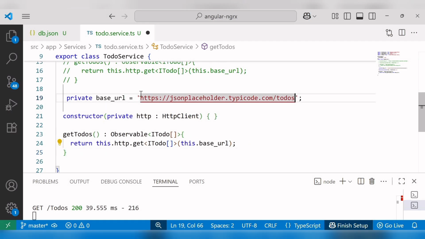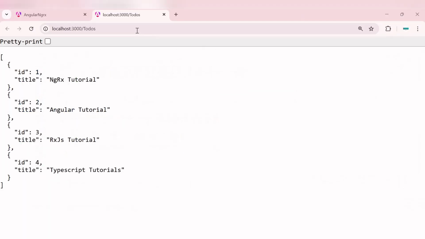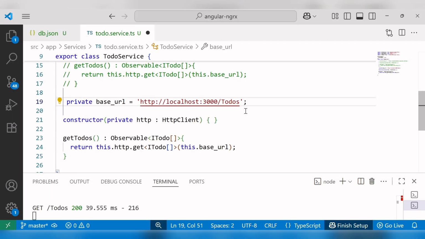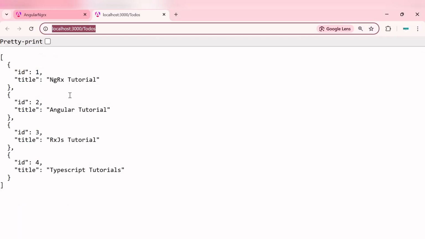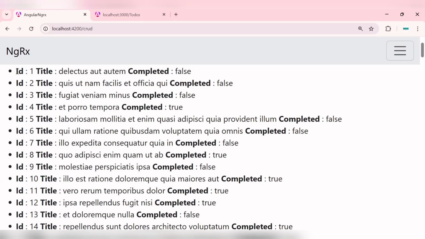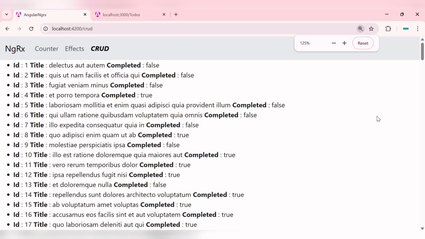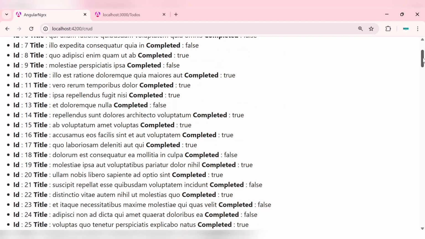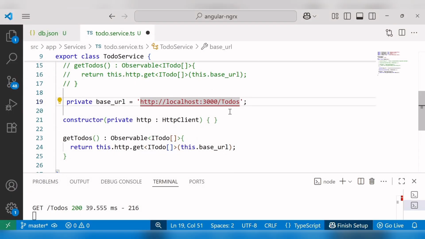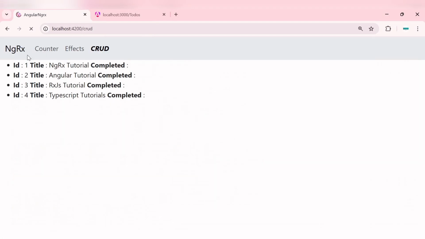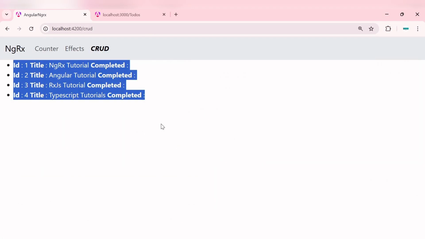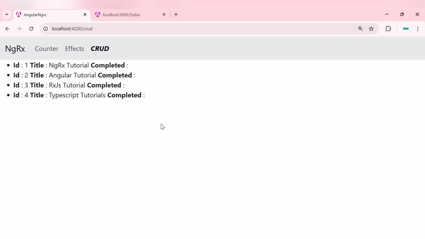Now here, instead of using this JSON placeholder API, I will add a dummy JSON server API, which is localhost 3000/todos. Now, before saving these changes, let me show you what data was coming from the JSON placeholder API. This data we have rendered in the last session from JSON placeholder. But now once I update this API with the JSON server, we can see only 4 datas on the browser. Here you can see only 4 IDs. Okay, so it means our JSON server is up to date,